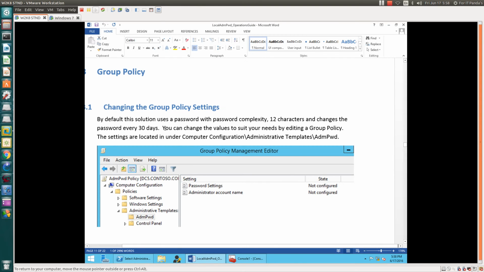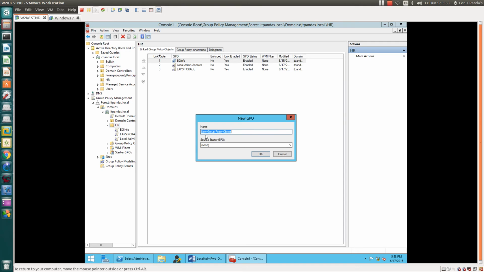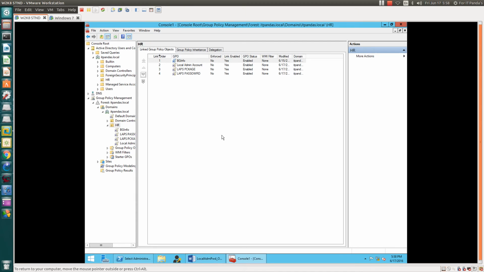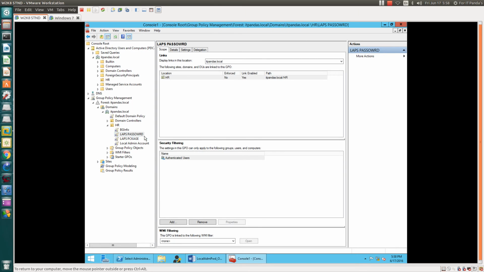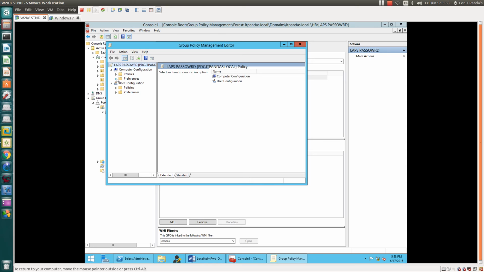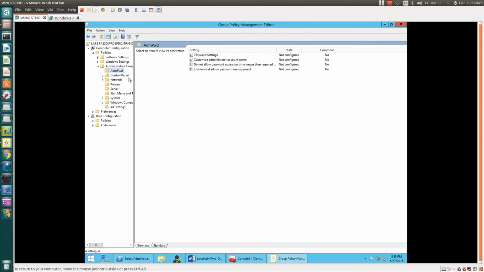Now it's time to configure the group policy. Open the group policy for HR people, right click, and set the group policy here. Type LAPS setting, LAPS password. Okay, this is the LAPS password setting. Let's right click and edit and check the password attribute. Open it under Administrative Templates.